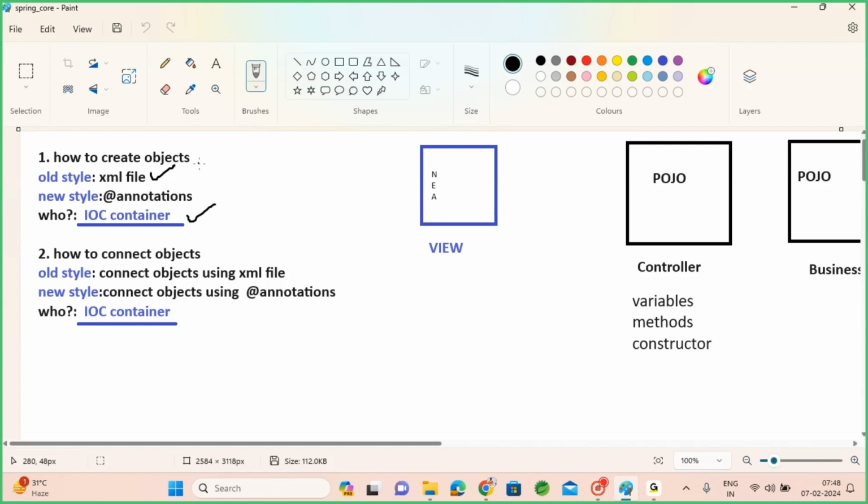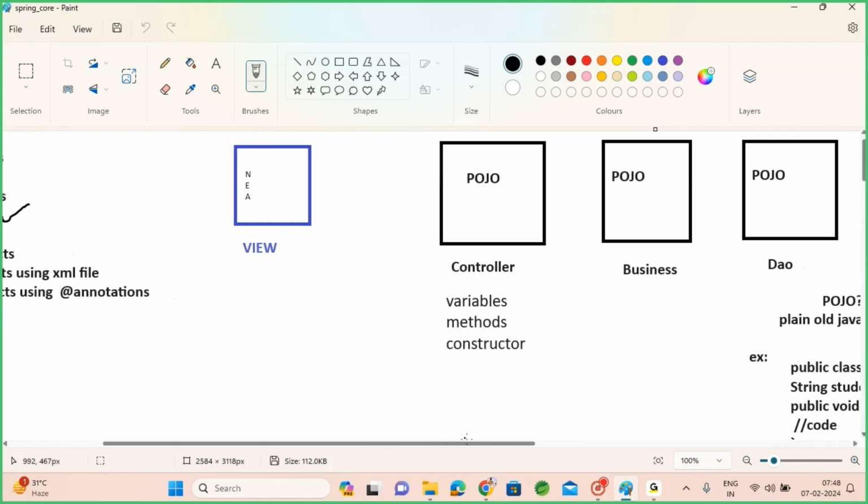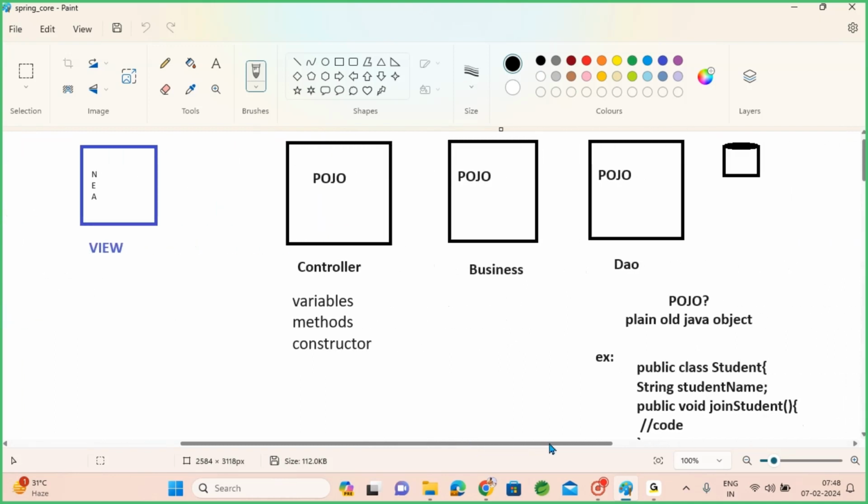Other modules are having features, something like connecting with the database or to connect with the front end. But the main core features across Spring that you should understand is how to create any object and how to connect them. Why connection is also important is while implementing applications using MVC, we divide logic into multiple classes instead